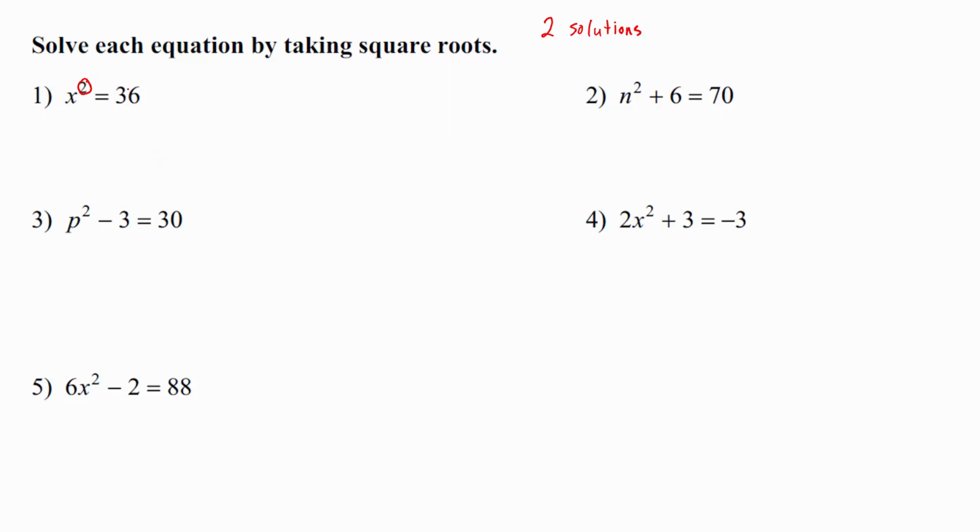When I solve x squared equals 36, my mind is supposed to think, what squared gives me 36? And the relatively obvious answer is 6, but there's also a less obvious answer of -6. Because when you do -6 squared, which means -6 times -6, the negatives cancel each other out and give us positive 36. The other way to think about doing this problem is what the instructions say, by taking